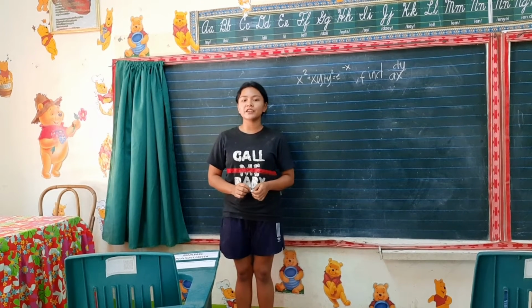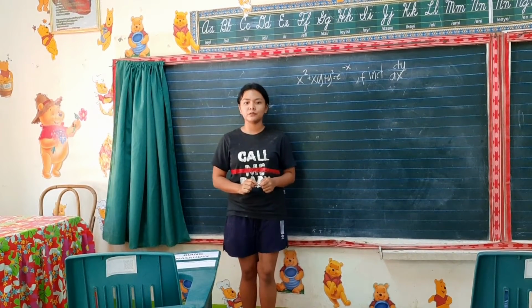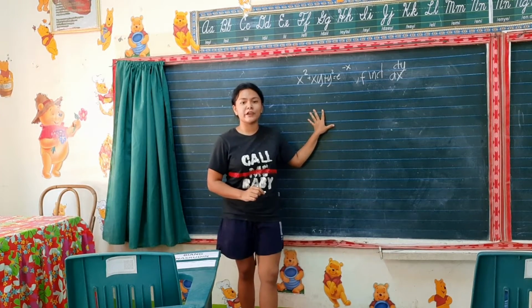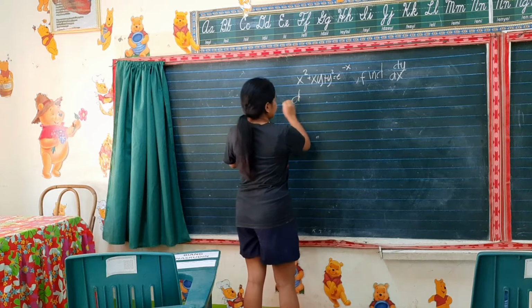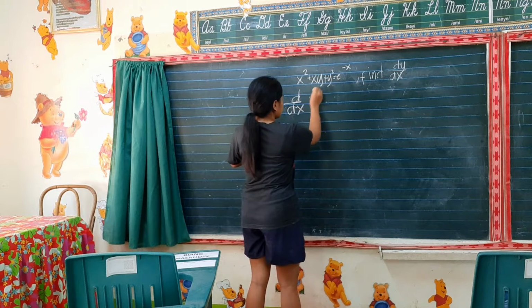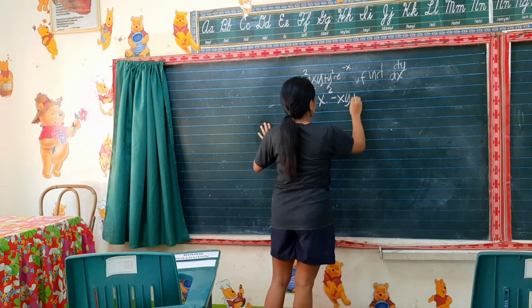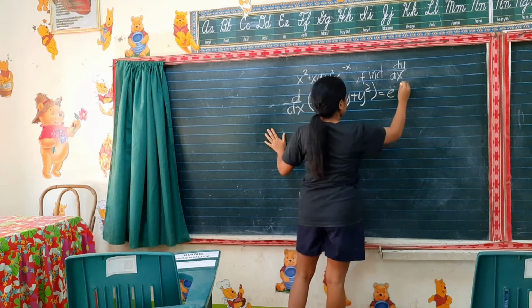Hi, my name is Rika Catera, and today I will answer the two problems using implicit differentiation. First, using the sum and difference rule so that you are able to differentiate this whole function. Take d over dx of x squared minus xy plus y squared is equal to e raised to